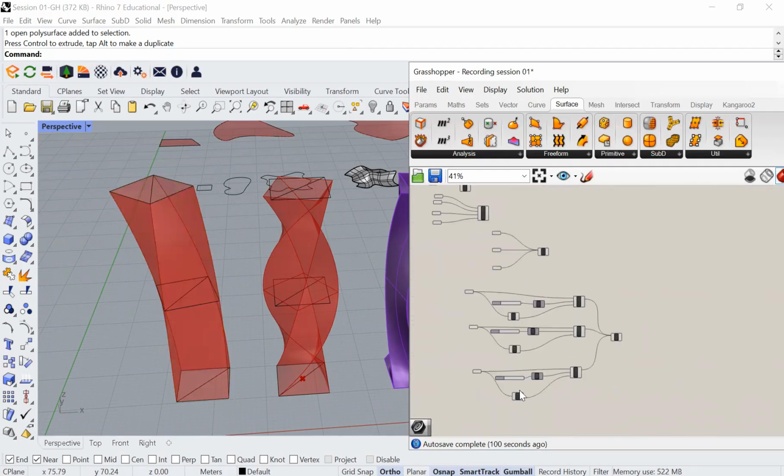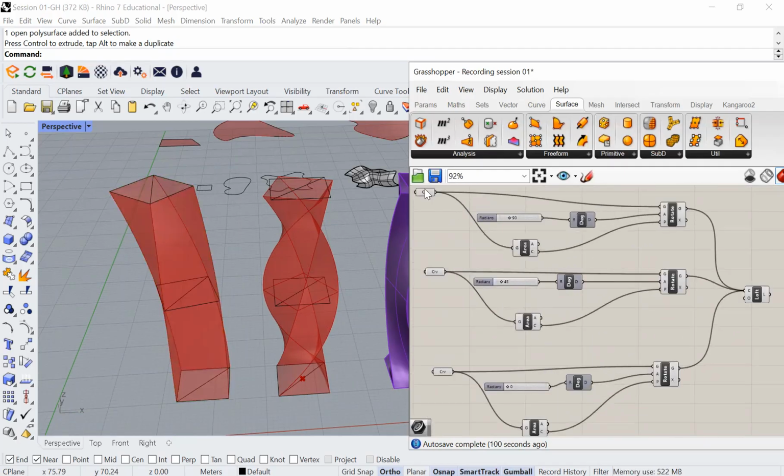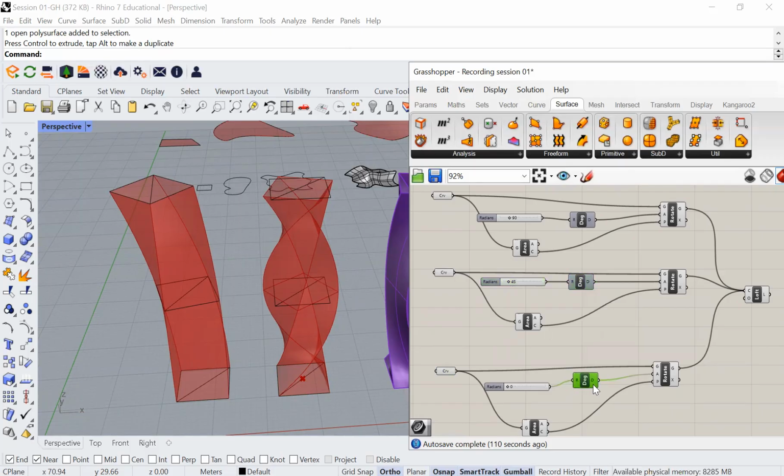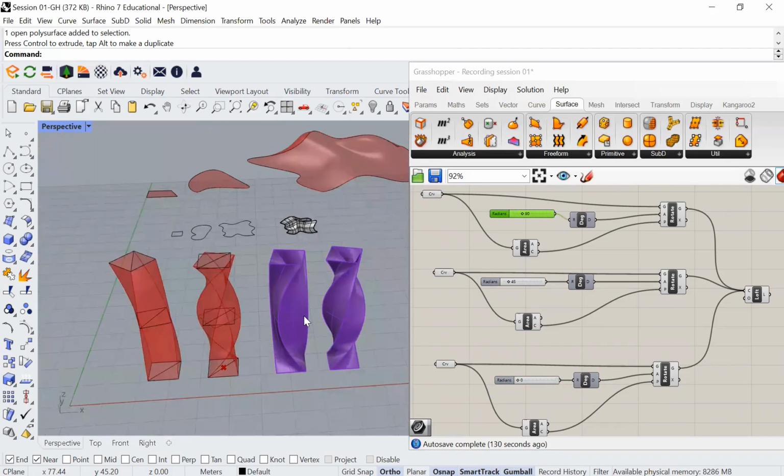While in this definition, it's a bit more complicated, but what you did is you modeled it algorithmically, meaning you don't need to make any change on your actual curves, but what you can do is change the rotation angle, and you have a full range from 0 to 360 degrees, and you can have endless options